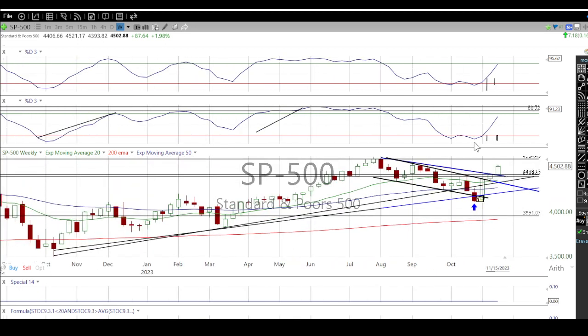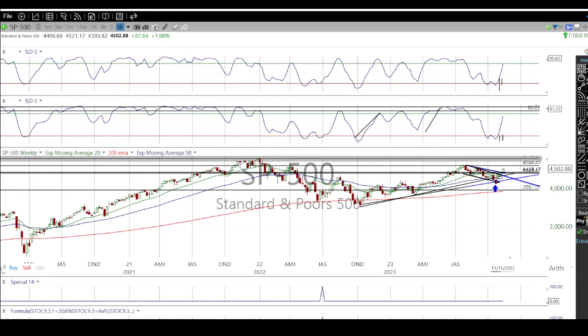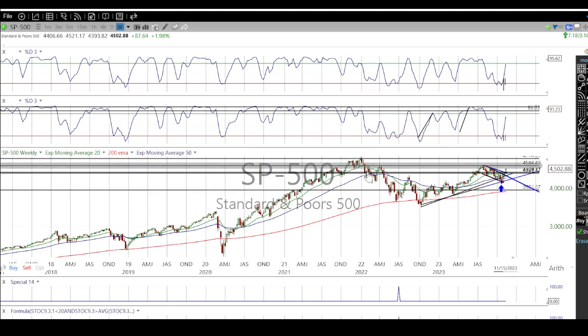And this rotation here of the stochastics rotated up, and the interesting thing is we're not quite into an overbought level yet, and we have recent highs here up in August. There are a lot of things telling us that we could go higher. The overall all-time highs back here in 2022, it's amazing we're that close.